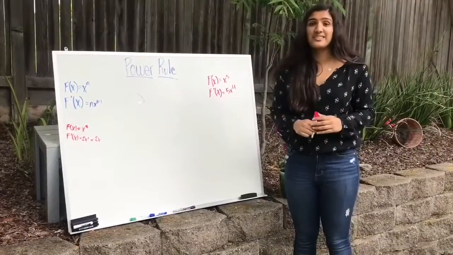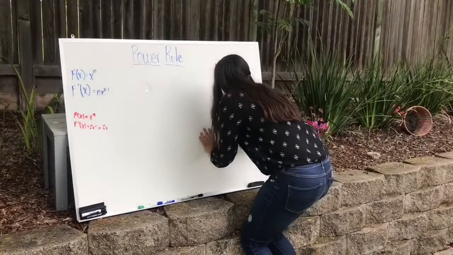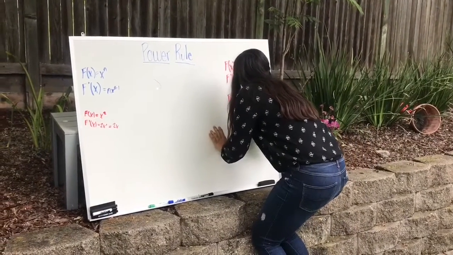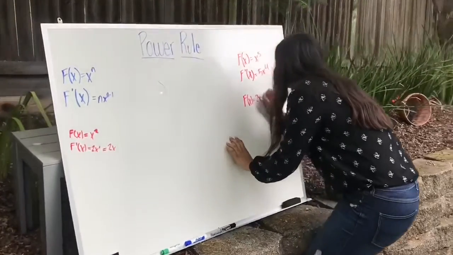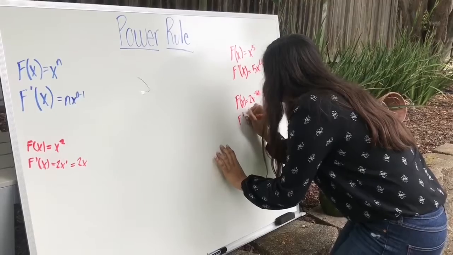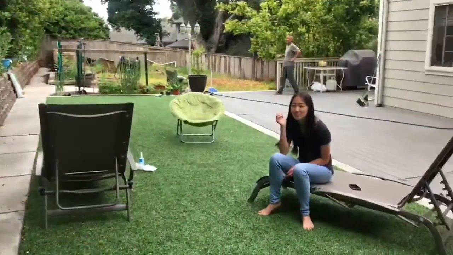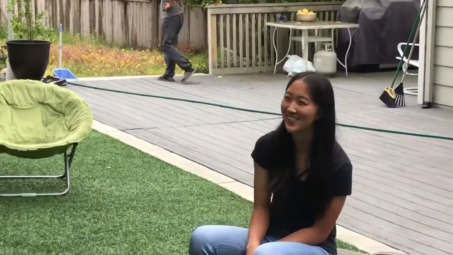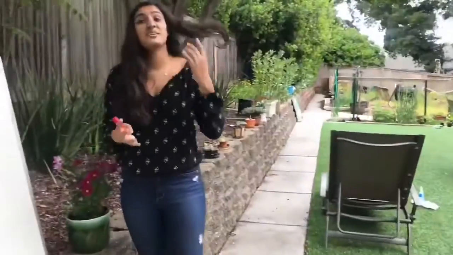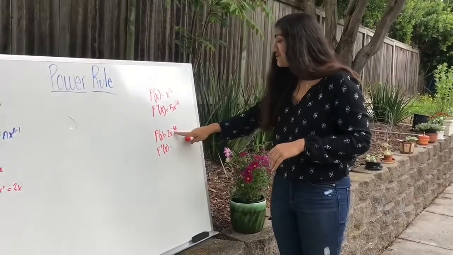So this next one is going to be a little more difficult. Let's see if you can get it. F of x equals 2x raised to the negative 50th power. So what would f prime of x be? Gee, I don't know. Well, it's important to remember that even when implementing the power rule, the negative rules still